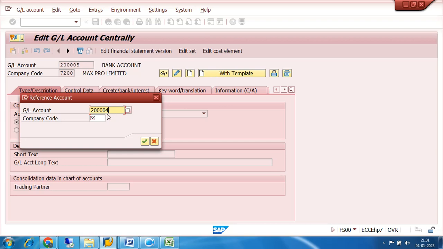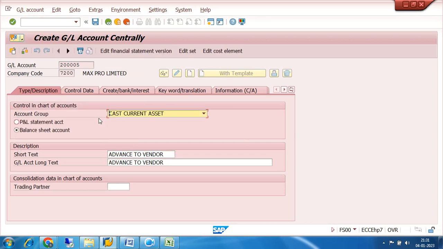Okay, and this is my company code 7200 and click on enter. Now I will have the GL account say 9% SGST receivable. This is also the same, 9% SGST receivables. Okay,